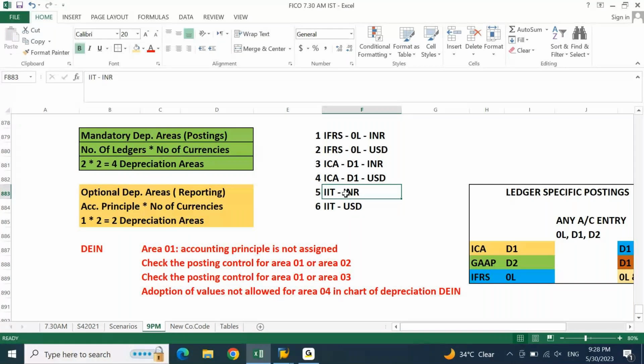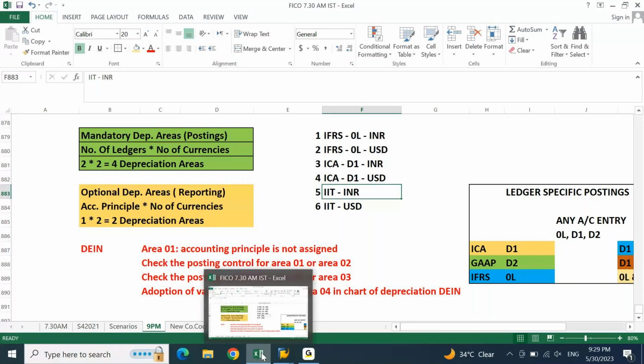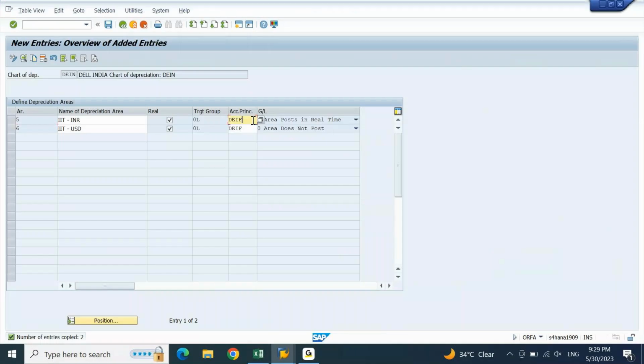No postings. When there is no posting, do we need a ledger? We don't need a ledger, because these are not used for posting. If you put an accounting principle, the system is going to bring a ledger here.